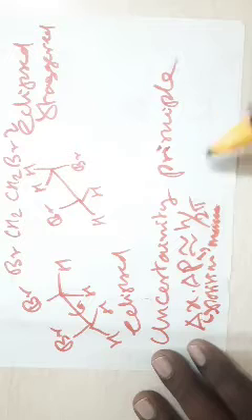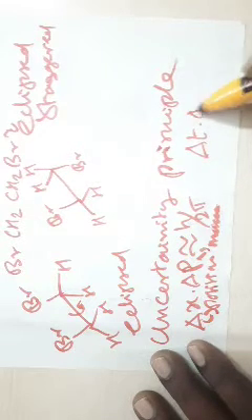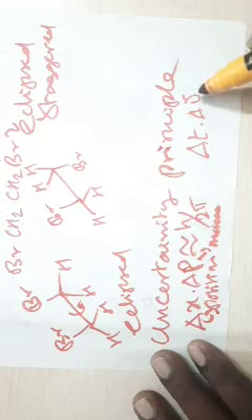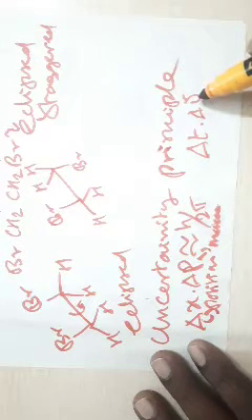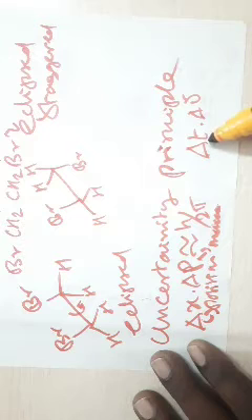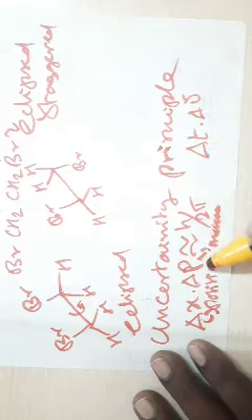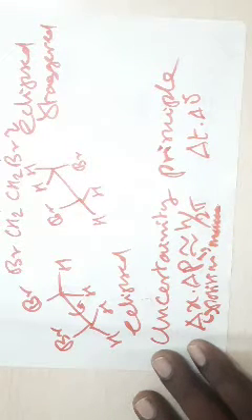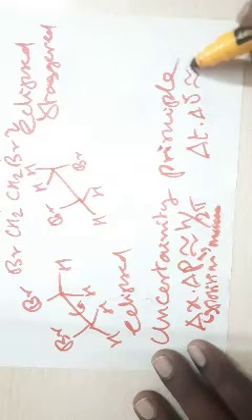The same principle is applied here. Here we modify the uncertainty principle and we say delta t, delta nu, where nu is the frequency. The frequency indicates the position. Delta t is the time factor. From the time factor only we derive the momentum. So delta t, delta nu is approximately h by 2 pi or 1 by 2 pi.